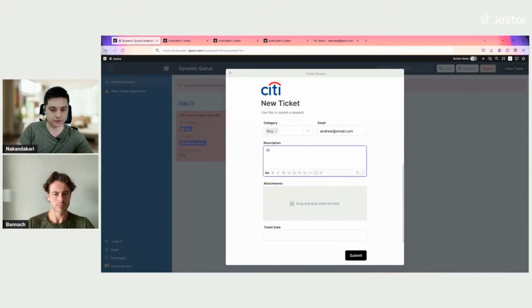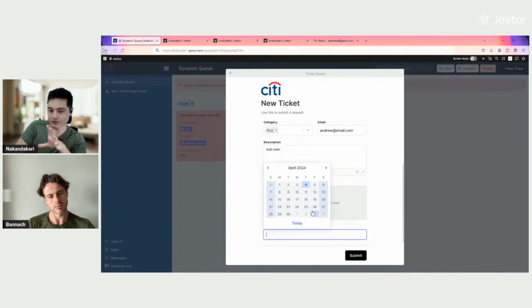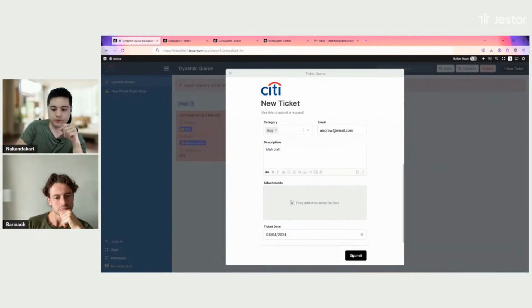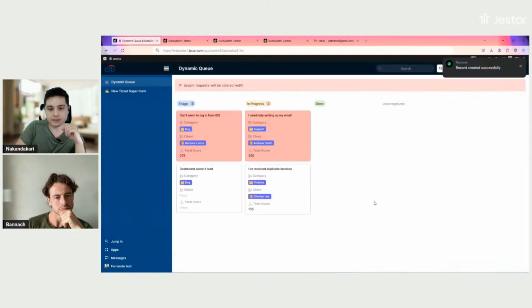The description is going to be blah blah, and he could send attachments and so on. And like I said, we're going to simulate the ticket date just so we could do this more dynamically on the live stream. The idea here is that you would use the record's date, like when it was created. So let's pretend that Andrew opened this today. So April 4th. So we're creating this, and the first thing that happens here is that Andrew, there's no client